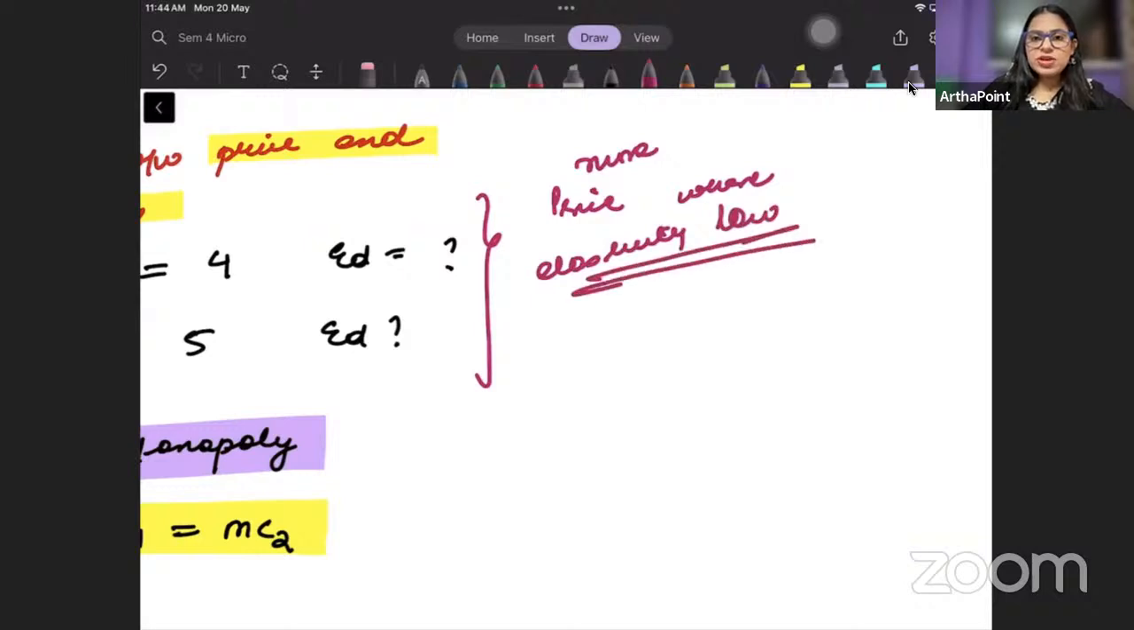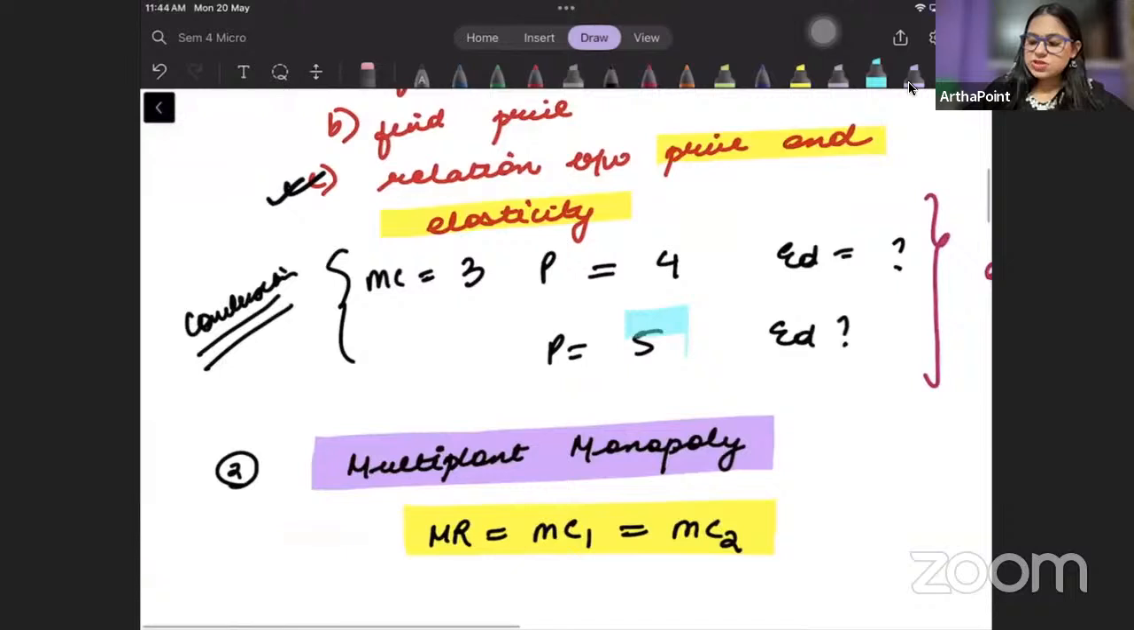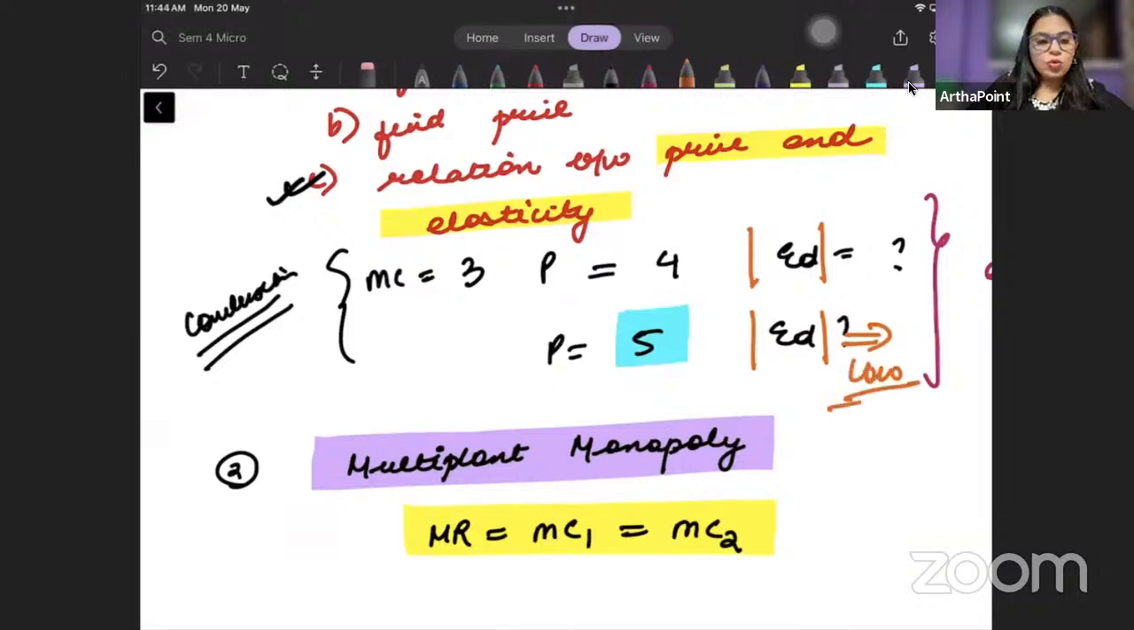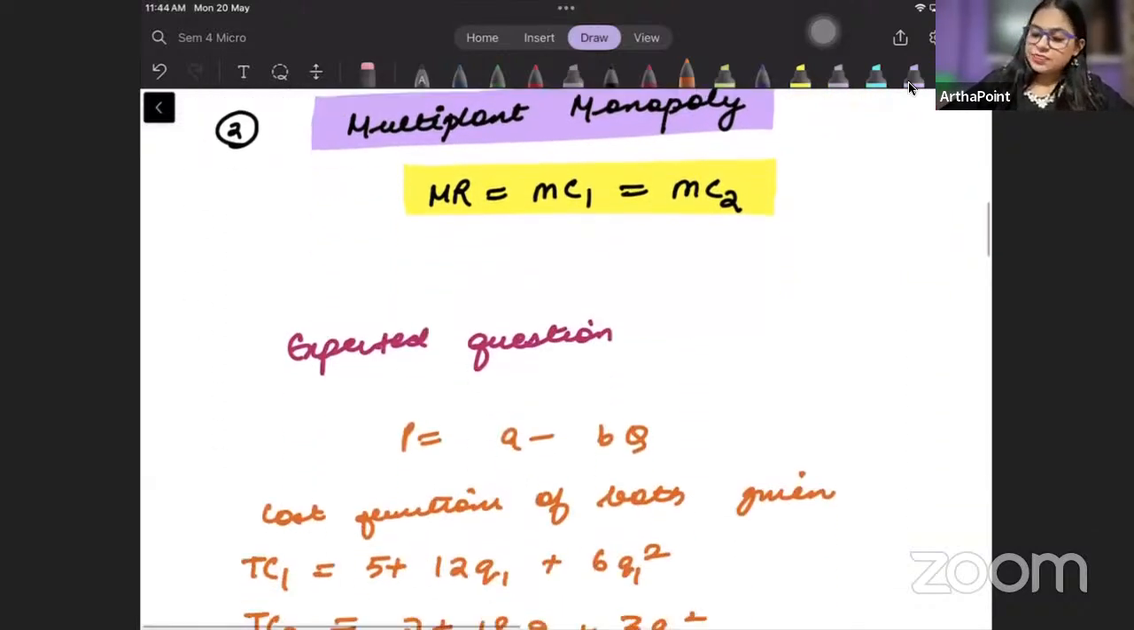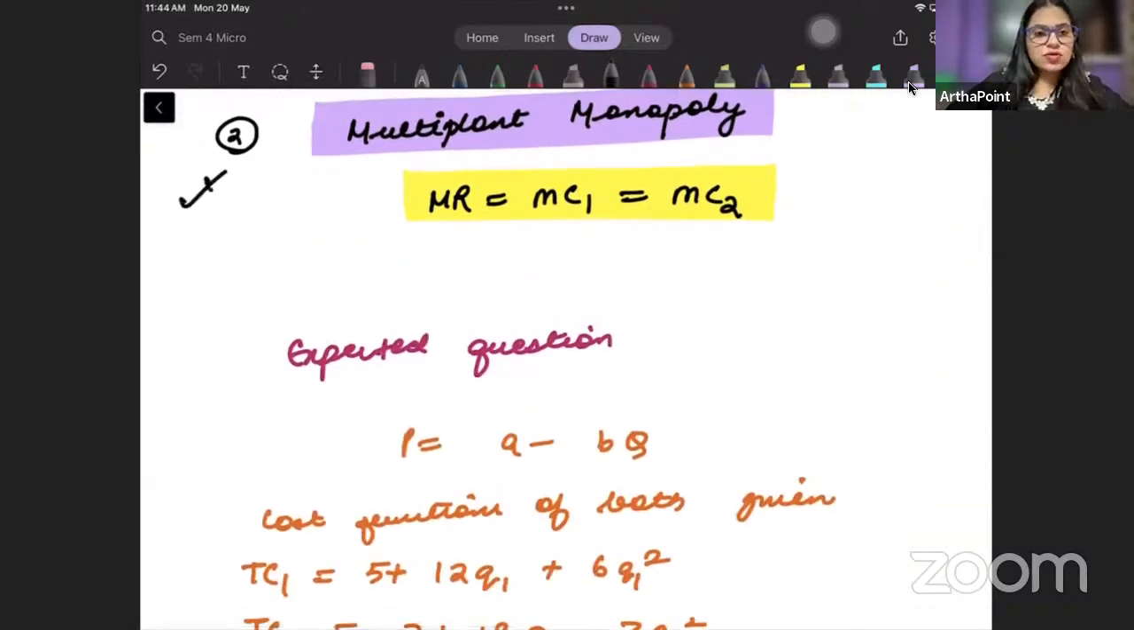So you have to make sure that you get this result, that wherever more price has been charged, in absolute terms, the elasticity should be low, right? So this kind of question can be asked in exam, this kind of relationship can be asked to you, okay? The next question that will be asked to you from unit 1 and unit 2 will be on a